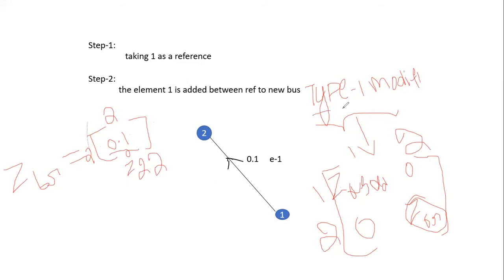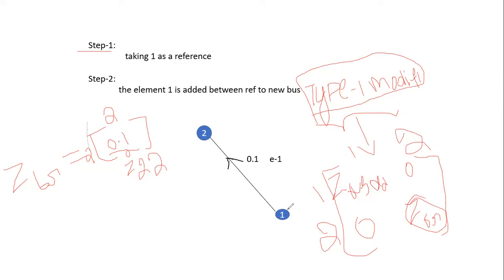What is the type 1 modification? When the element is added between the reference node and the new node. This is the reference node, as mentioned in step 1: taking 1 as the reference node, and 2 is the new node.